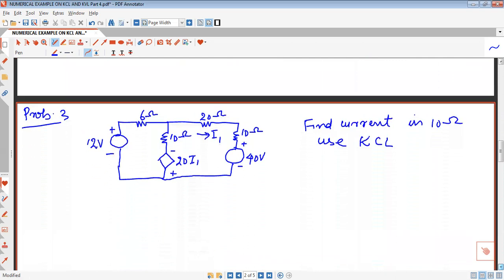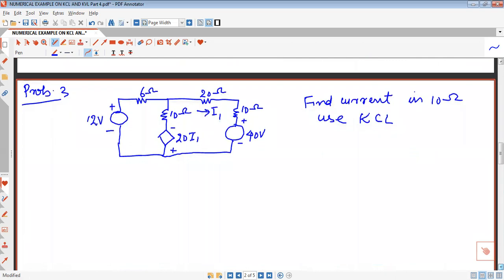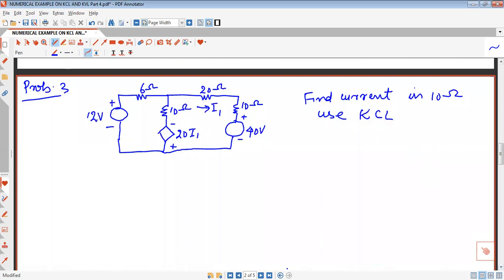Now problem number three. This is another problem that consists of a dependent source. Here we will solve this problem again by using Kirchhoff voltage rule or Kirchhoff current rule. Both rules I will apply here. So for Kirchhoff current rule, we have to identify a node. So here one node, let this node have voltage VA. We have to apply Kirchhoff current law. So how many elements are connected here? We can see that three.